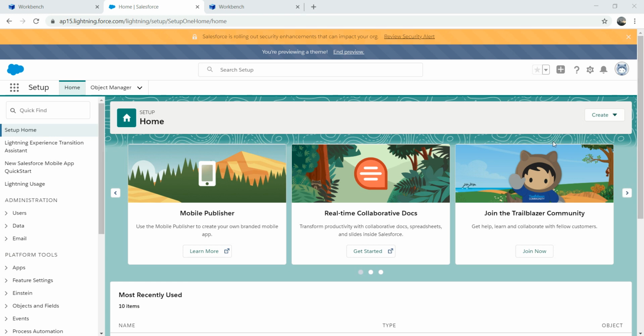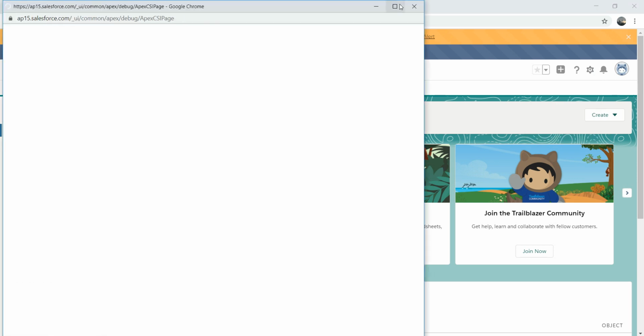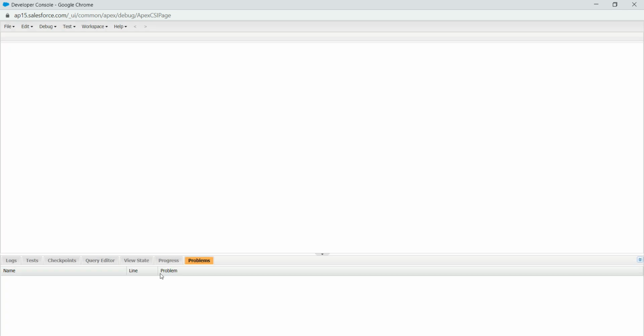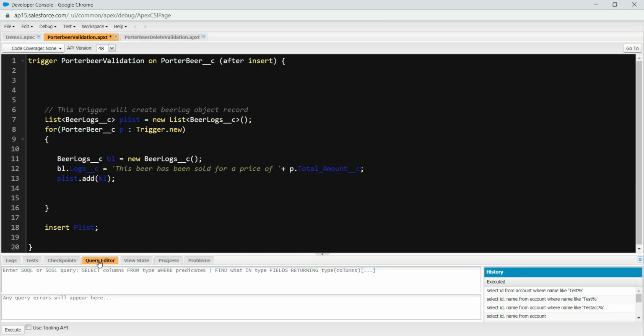Okay, so let me take you to the dev console. Let's go to this gear icon, then to developer console. Right, so you can go to the query editor here and write, say, select. Let me show you what happens when you do select star from account. If you're someone from SQL Server, you might think this should work because it's a basic query. Well, it won't,